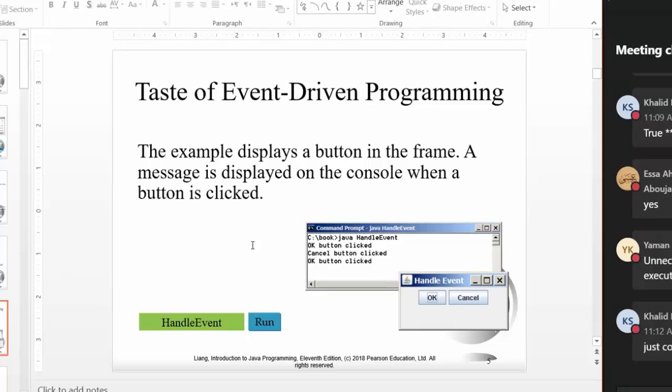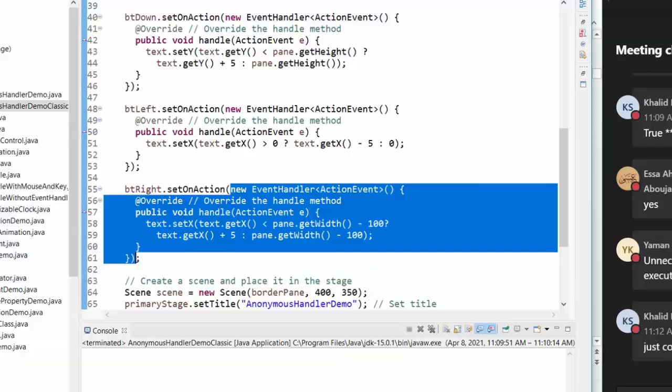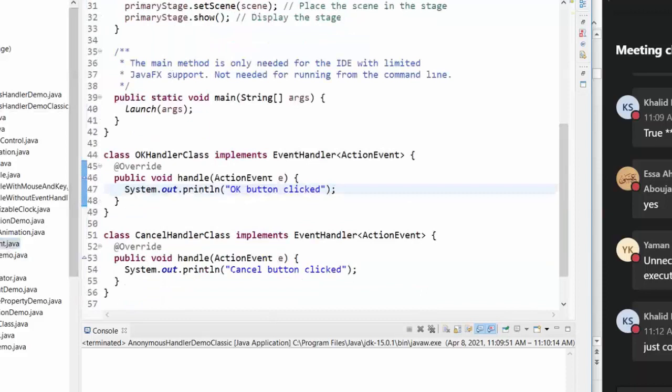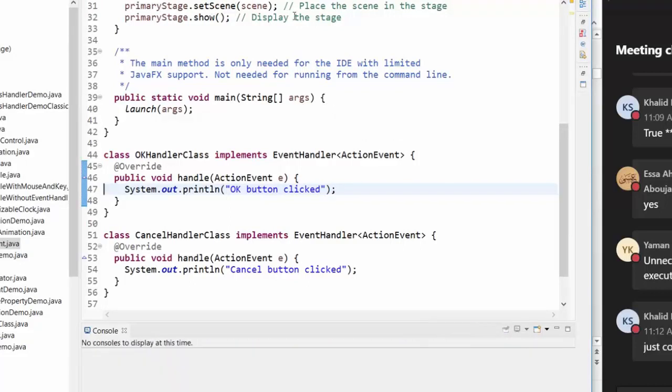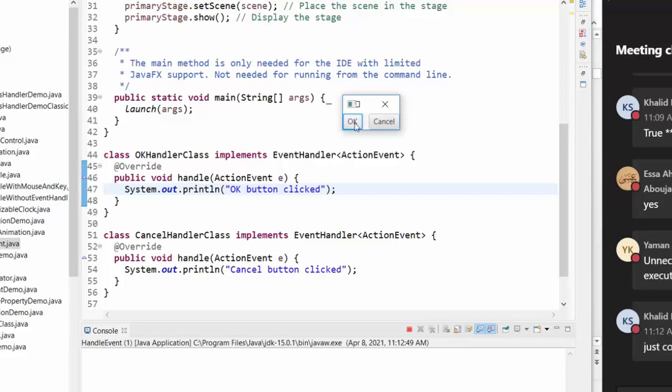You click OK, you see OK. You click cancel, you see cancel. OK, cancel. OK, OK, OK. So what happens now? When I run this program, someone is listening to any event fired from the OK button. Someone is listening to any event fired by the cancel button. When you click cancel,